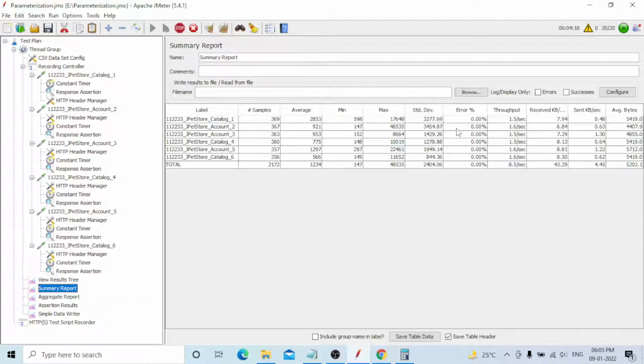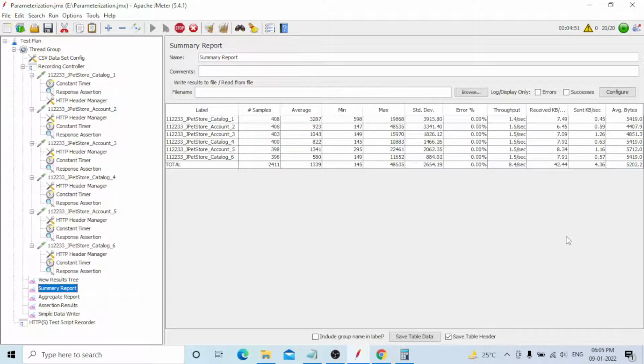For example, this is the script I need to execute for 5 rounds, and these are the transactions 1, 2, 3, 4, 5, 6, and this is the average. I need to take the average of these five values. You can use formulas to calculate that.